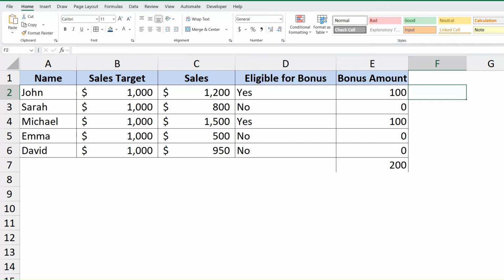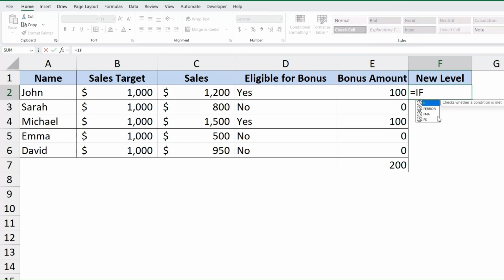For the rest, can be good or needs improvement. And for this, we will write a formula in column F. Let's say new level, and I will have equal IF tab,